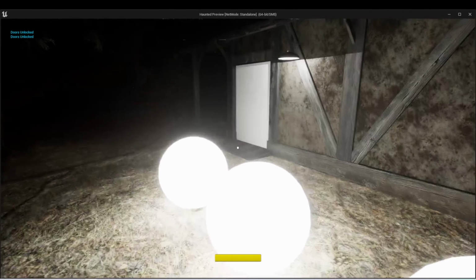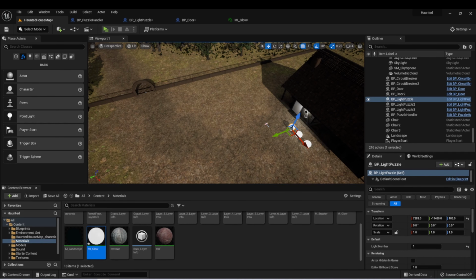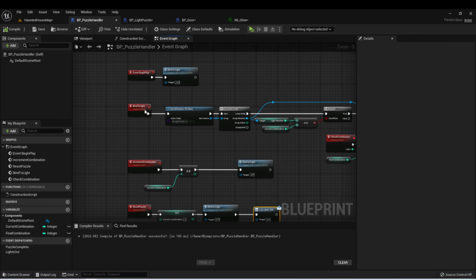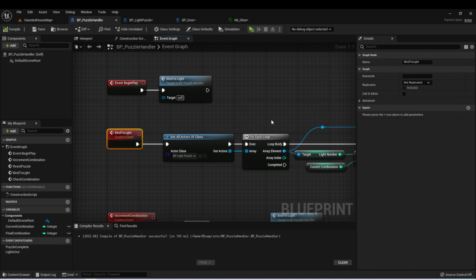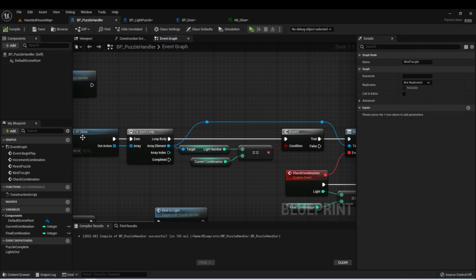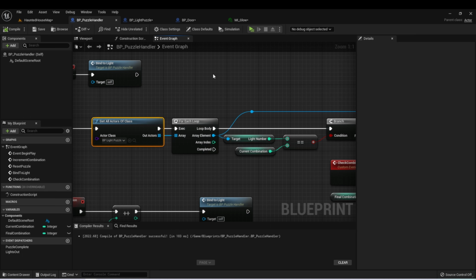And now our puzzle is working in accordance with all of the requirements. And I know this might have been a lot to digest, so I'm just going to do one more quick walkthrough of everything we did to make sure that you understand. We have an actor in our level called Puzzle Handler. On Begin Play, we want to call Bind to Light. And what Bind to Light will do is it will get all of our light puzzle actors, it will check